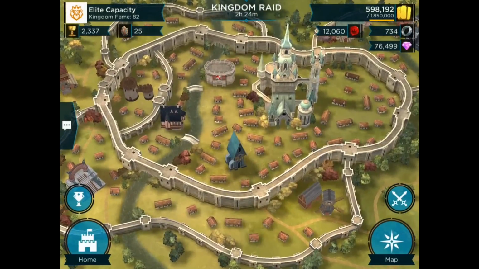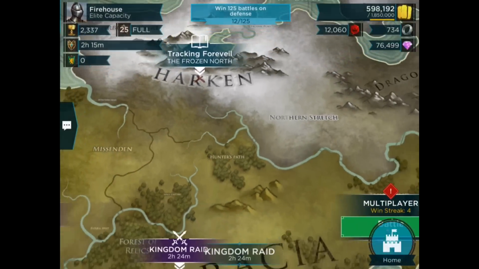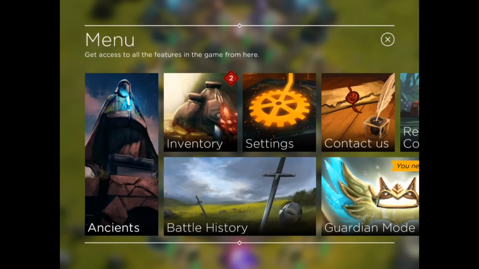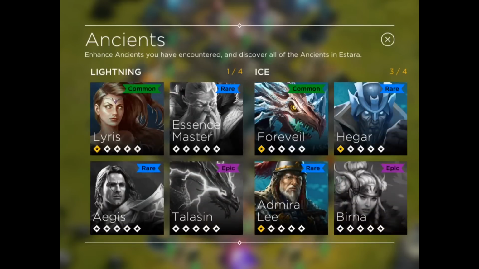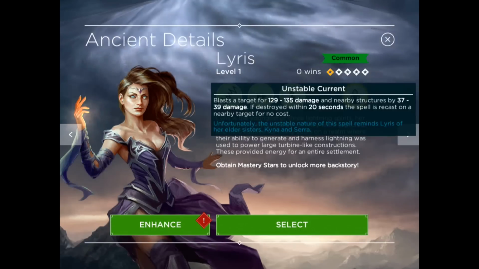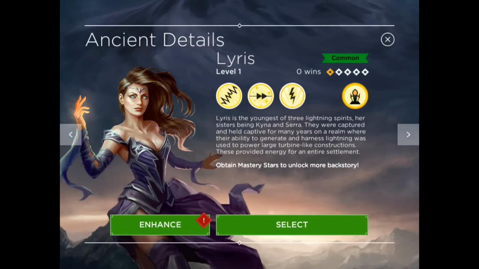You know what? Let me talk about spells. I accidentally went into kingdoms, which I will talk about later on. I'm going to back out here, and we're going to talk about spells. Now, in most games, spells, you have about 4, 5, or 6 of them, and you just level them all up. In this game, they use a concept called ancients. Ancients are basically gods, and each god has a set of spells. Like this one has three different spells,